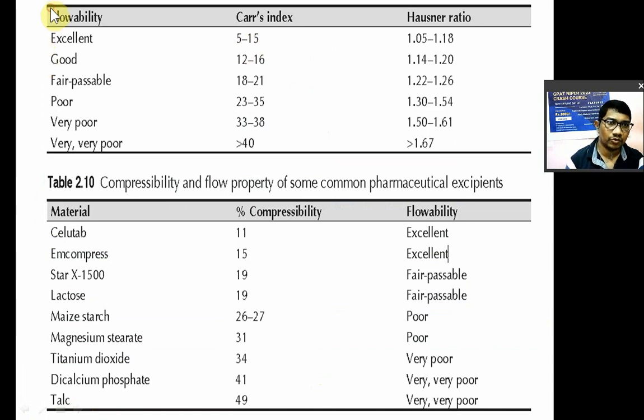Flow, okay. And now if Carr's index of a powder is between 5 to 15, it is an excellent flow. If Carr's index is between 12 to 16, good flow. 18 to 21, fair or passable. 23 to 35, poor flow. Carr's index of a powder between 33 to 38, very poor flow, and more than 40, very very poor flow, cohesive powder. है ना। अलग अलग बुक में अलग अलग थोड़ा सा वैल्यू दिया है,